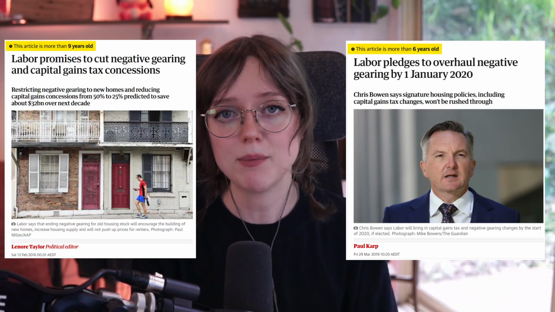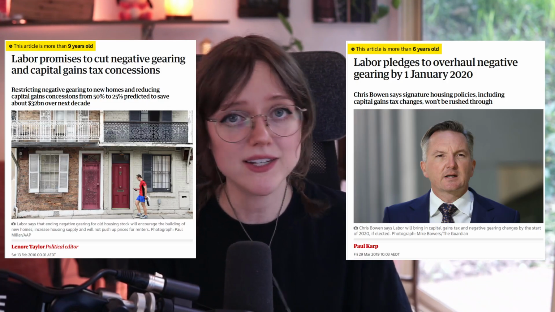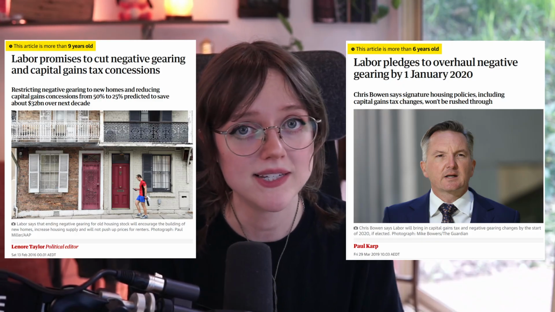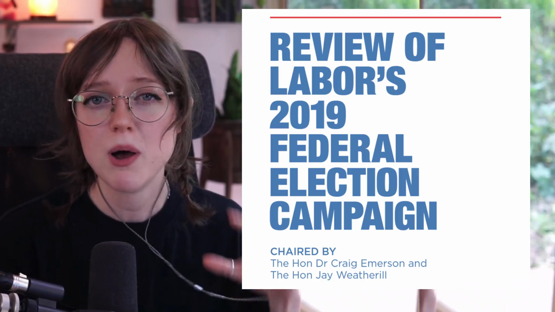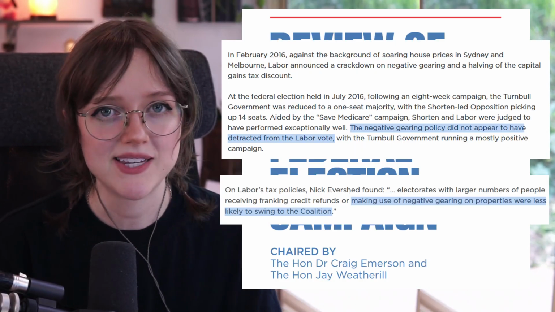Okay, so the 80s wasn't the only time that we ever spoke about negative gearing. In 2016 and 2019, the Shorten Labor Party went to both elections with the idea of scrapping negative gearing as one of their policies amongst 250 other cost of policies. Labor lost both of those elections fairly miserably. Now, since then, there's been some debate about whether or not negative gearing was what cost Labor that election. I, for one, am fairly convinced that scrapping negative gearing as a policy was not what cost them those elections. Labor themselves have a whole post-election report that you can read that expresses the exact same sentiment.